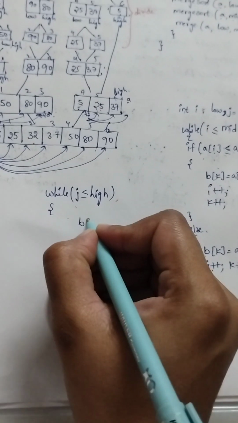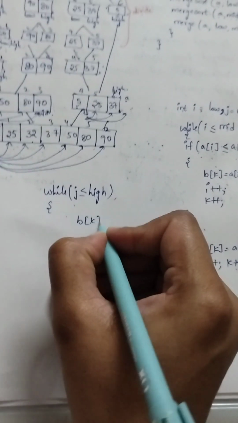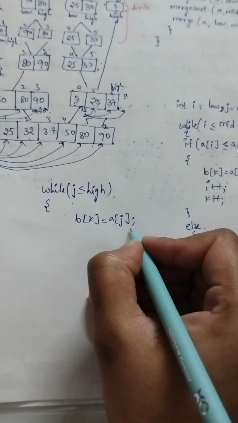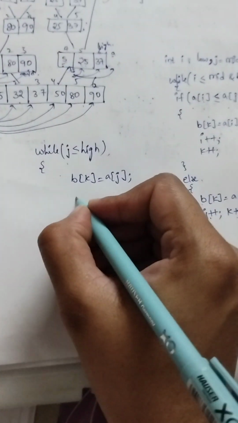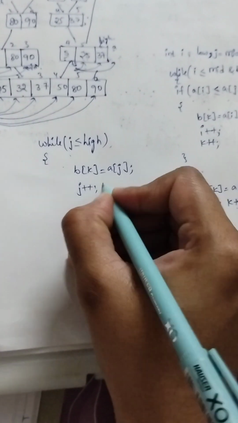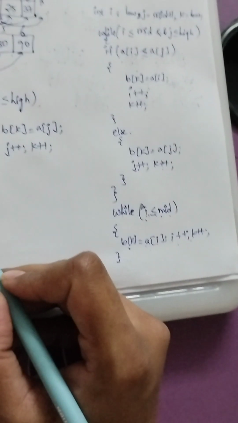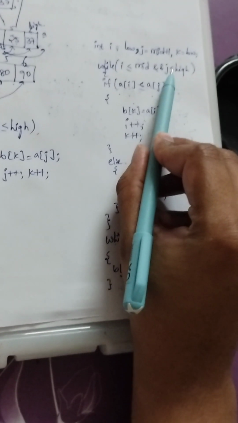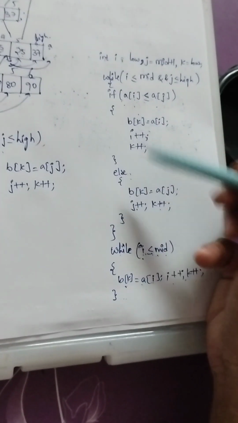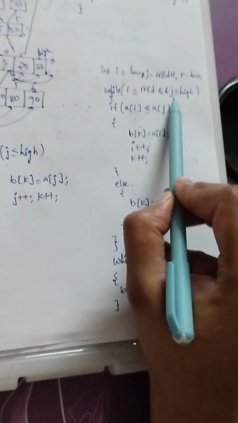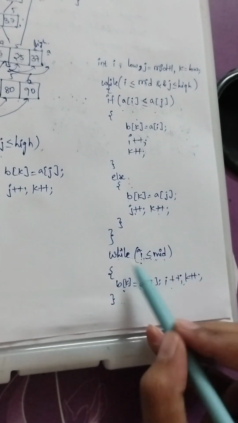సో ఈ కేసులో వాట్ వీఆర్ గోయింగ్ టు డూ హియర్? Copy the leftover elements of a of j into b of k, and incrementing what? j plus plus, and incrementing what? k plus plus. Clear? If these two conditions are true means these two case 1 and case 2 is going to execute. If these conditions are false means we are going to move out of the while loop and checking